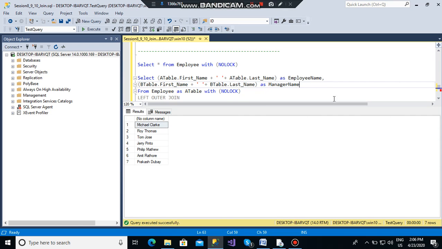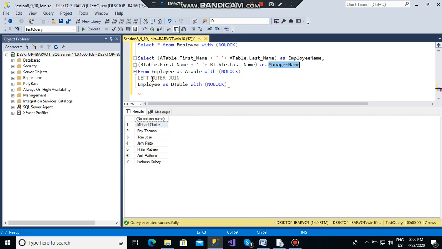We have written first name and last name, concatenating it and adding a space between them, so it is our employee name. And again we are writing first name and last name from B table, and we are taking this column as manager name, and we are joining employee table, I mean A table, with left outer join with B table.